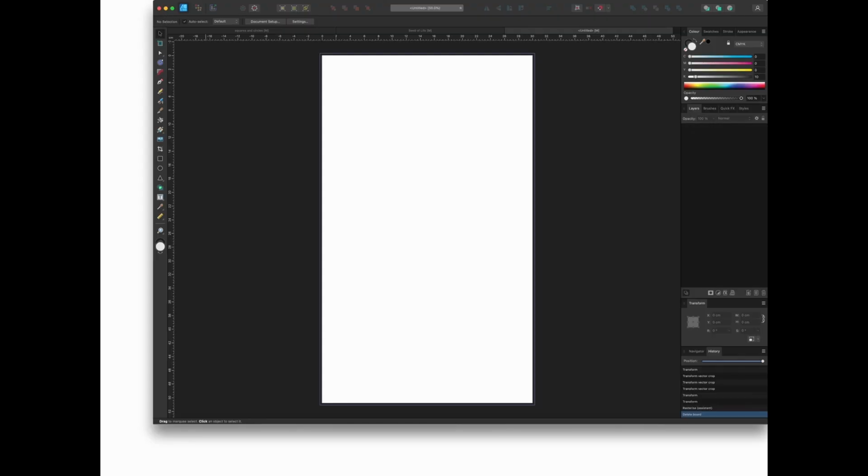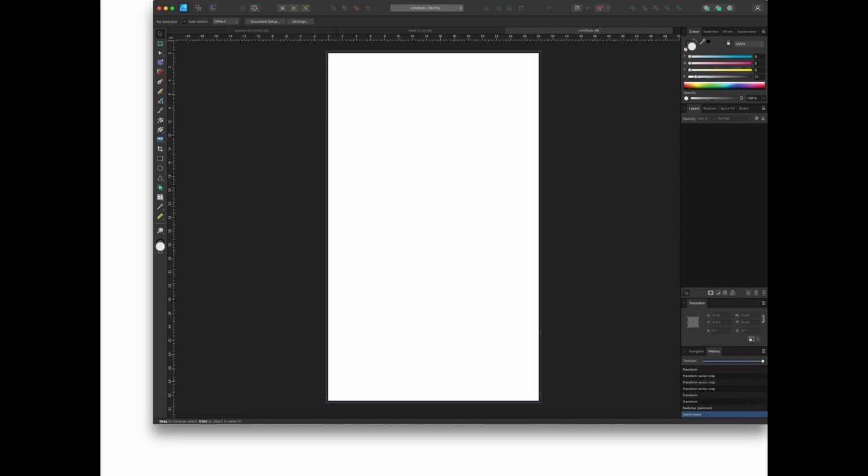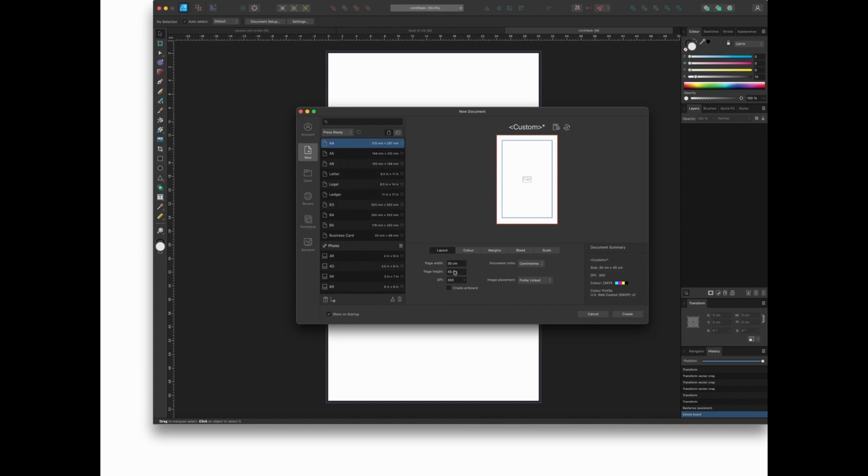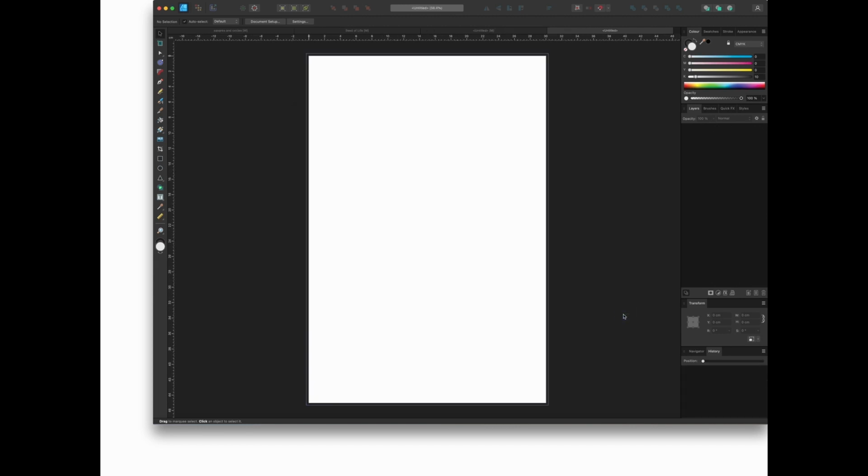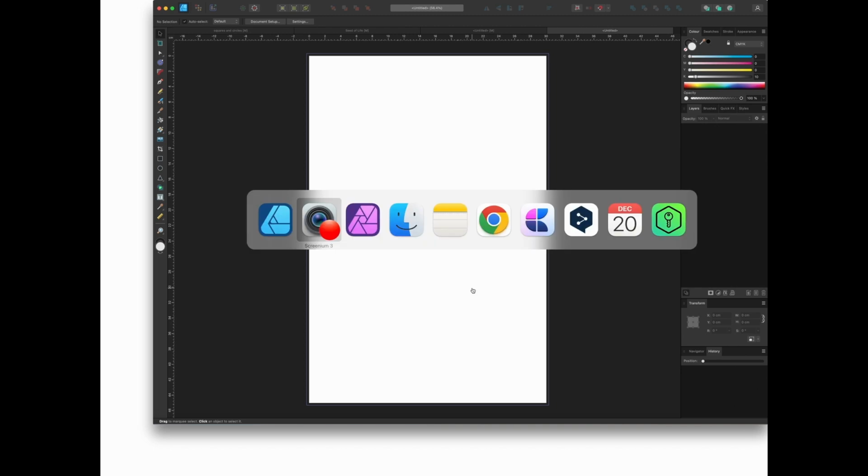The first thing I'm going to do here in Affinity Designer, I'm going to go to File and go to New, and I want 30 by 45 centimeters. Click Create, and here we have the dimensions of the board. However, the thing about this board is that it's carved at the top. So what do we do about that? Well, the easiest way to do this, and it's a little bit approximate, but it saves a lot of hassle,